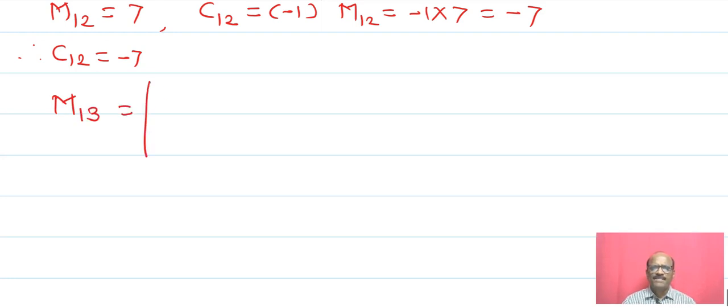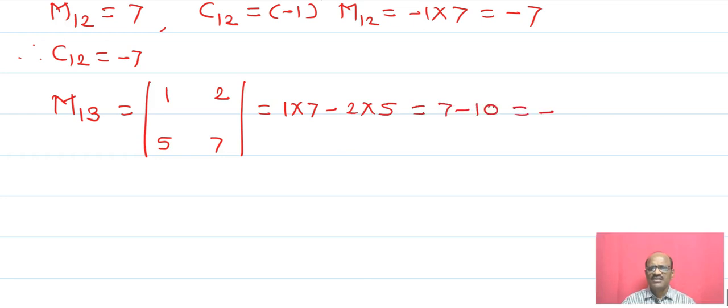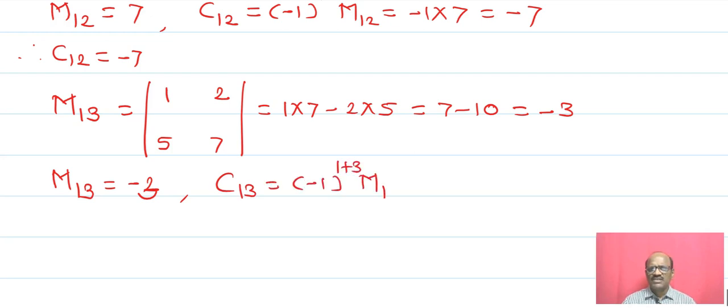M13 in the same way, that is a 1 2 5 7, 1 into 7, 7, 2 into 5, that is 7 minus 10, that is equals to minus 3. Therefore M13 is equals to minus 3. And its cofactor, C13 is equals to minus 1 raised to 1 plus 3, that is M13, that is a 1 into minus 3, that is a minus 3. Now next is C13, that is a minus 3. Now next is